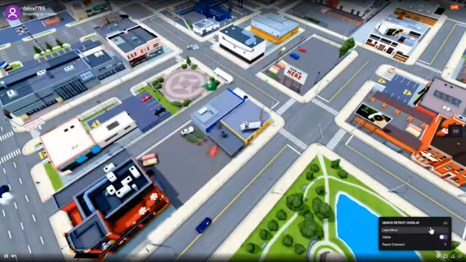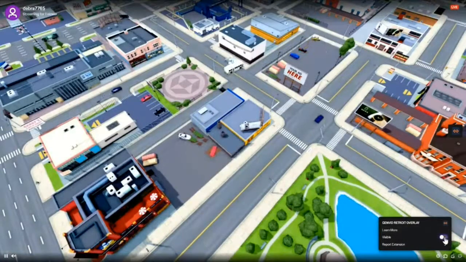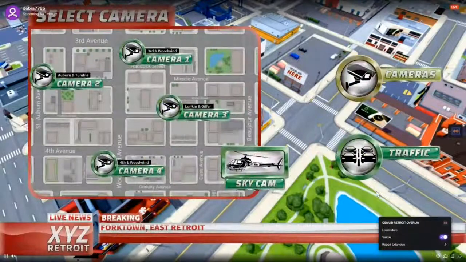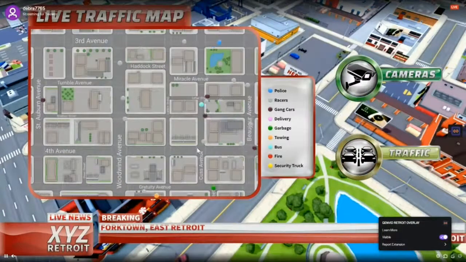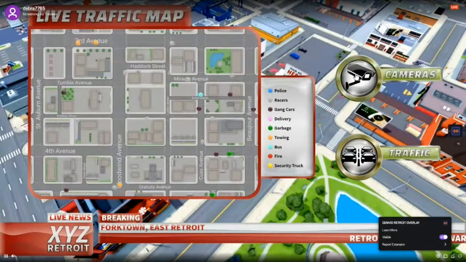The first thing I want to do is toggle off the overlay here. And this just gives you an idea of what the world looks like and what the game would look like on a mobile phone. And then putting it on, we can begin to look at some of the interactions that they've created. So first, you get a traffic map that shows you all the different players skidding around town and what various types of vehicles they're driving.